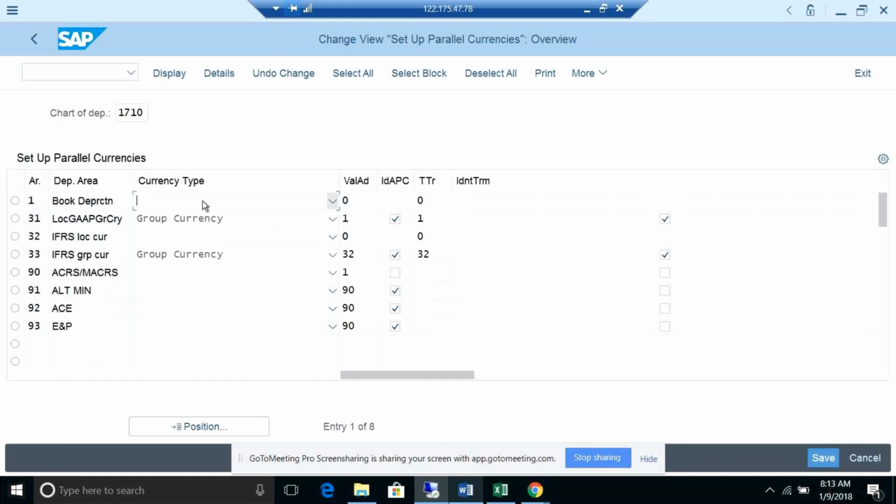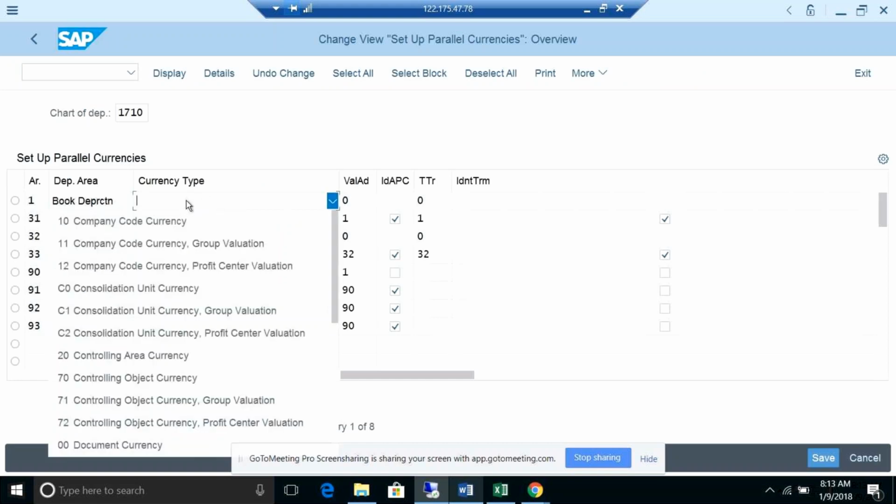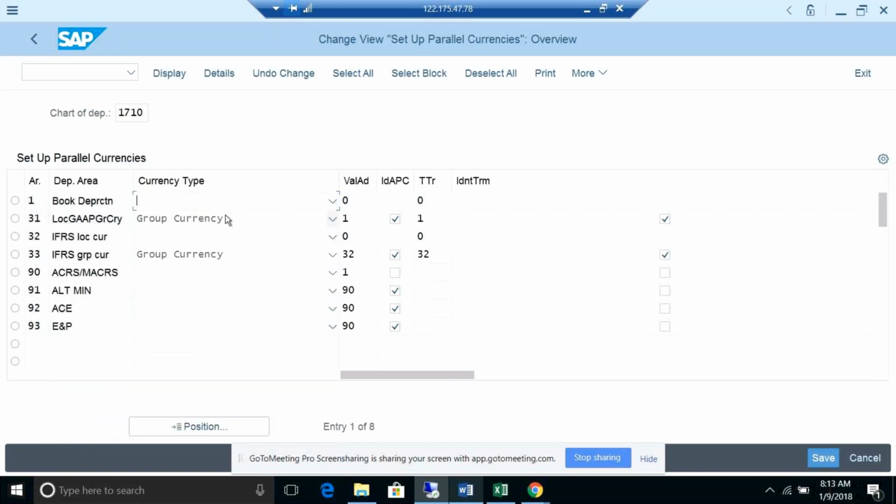So this needs to be synced up. Basically, whatever currencies you are reporting. For example, if you have a requirement for multiple currencies, 2 currencies you wanted to report, for those 2 currencies you need to do the setup here. So this should be synced up with the currency setup, between whatever currencies you are assigning to the ledger. For that ledger, for example, I need reporting for the 2 currencies.